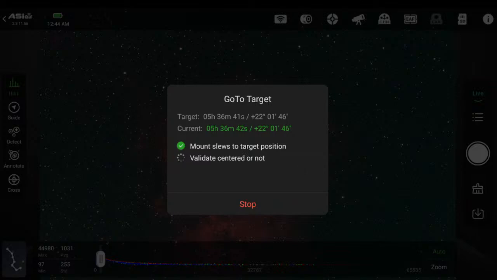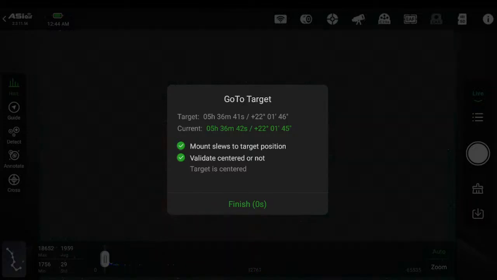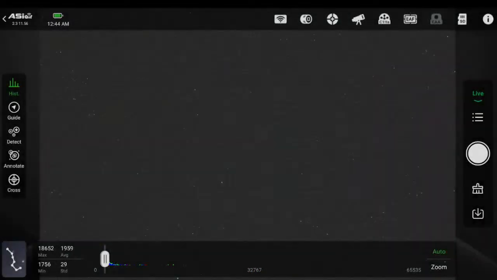Now, the Crab Nebula is pretty small, so we'll end up zooming in on this one quite a bit. The Crab is actually situated pretty close to Jupiter. All right, here we go.